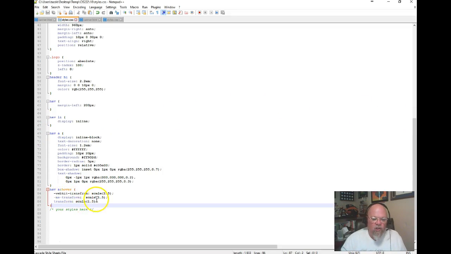So the WebKit, it's called Transform, and it scales 1.5, which means it's going to grow 1.5 times bigger. So when I hover over it, it just goes boom, makes it scale bigger. That's it. So again, it's experimental, so I have to use WebKit for